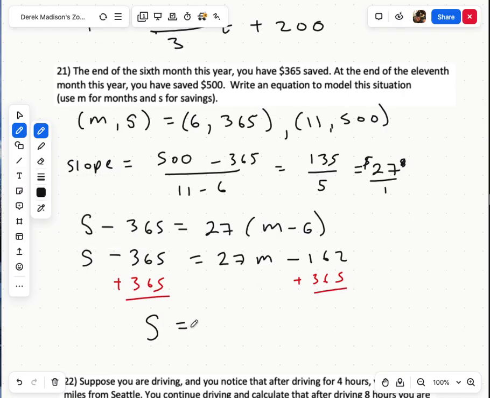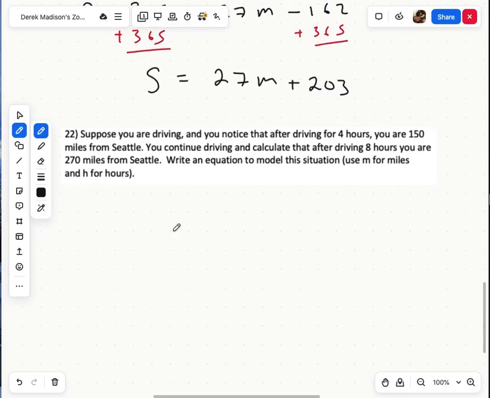And our equation is going to be S equals 27m, and then that came out to plus 203. So it looks like at t equals 0, we put in $203, and then each month we're saving $27 for that example. And then the last one here,